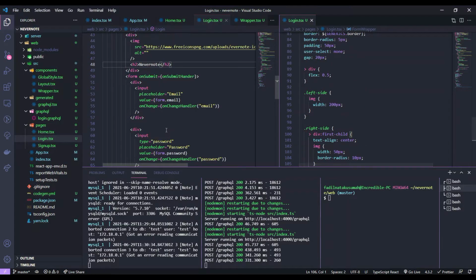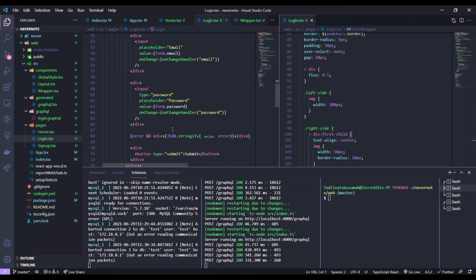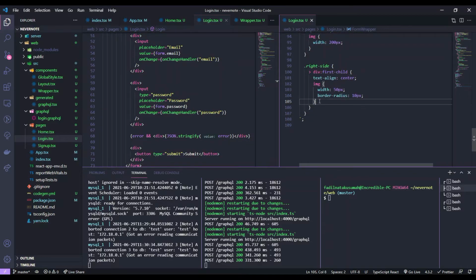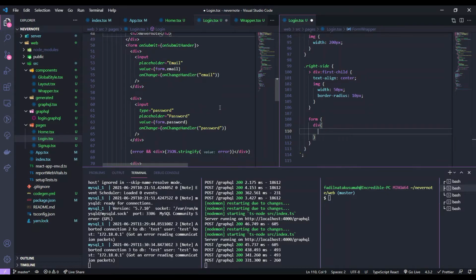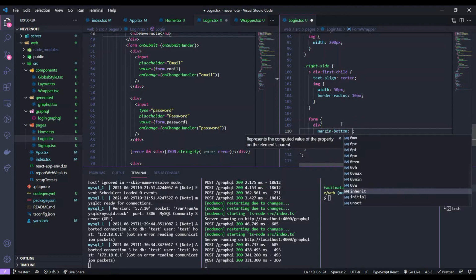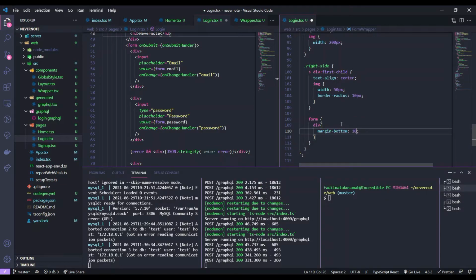And then the first child, then form div, every div would be margin bottom 10 pixel, then the input